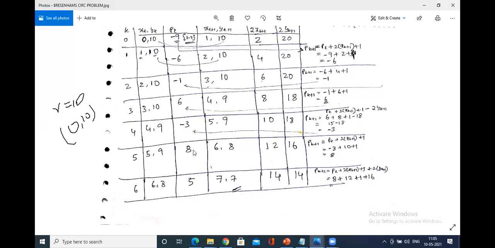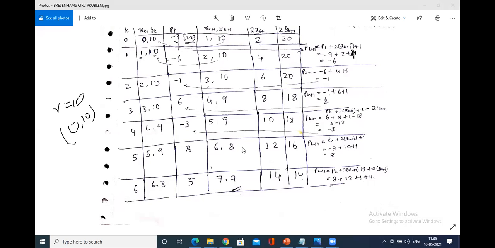Again a positive value. When a positive value is obtained again, you simply decrement the y-axis and increment the x-axis. 6 to 8 are the new values for the x coordinate and y coordinate. And what do you do? You calculate a new value for pk. So that is -3 plus 10 plus 1. Remember, these values are copied. So you get 8. So 8 is copied. Once it is a positive value, again y is decremented and x is incremented.